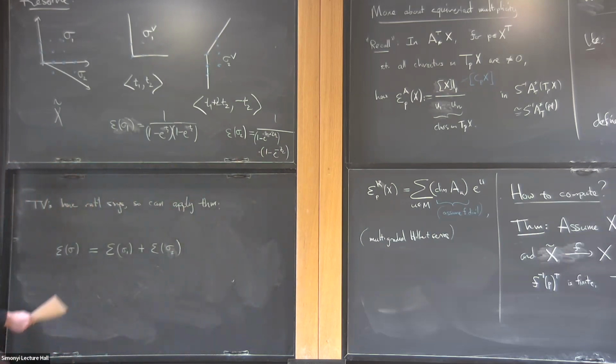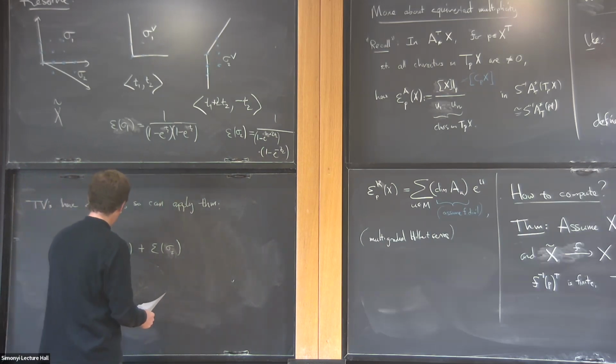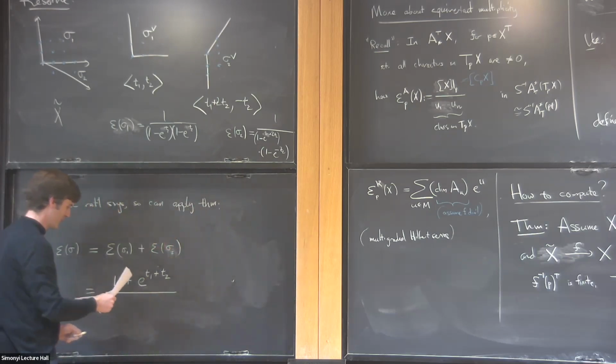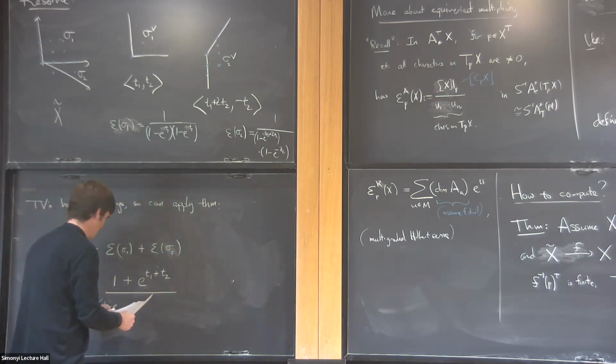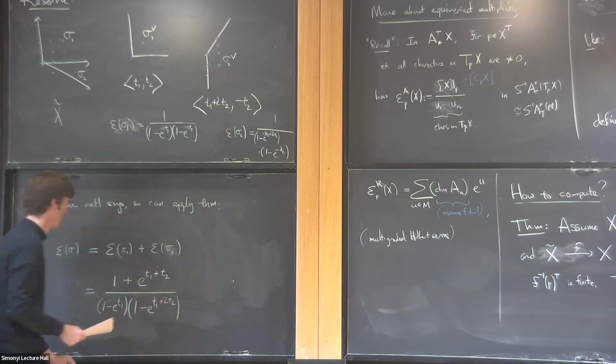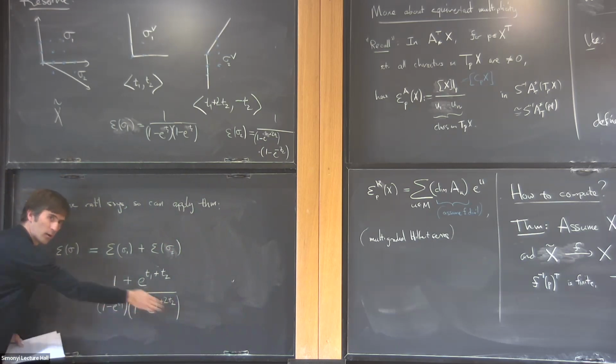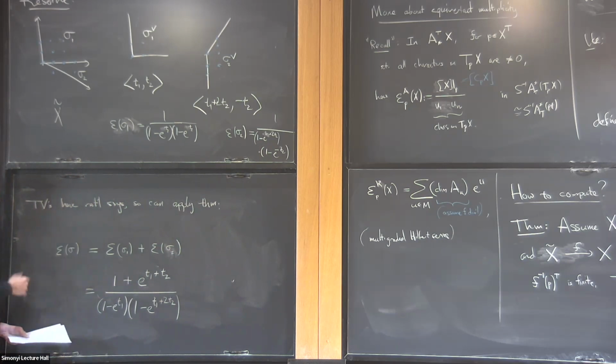You can either try to work that out by hand, or ask computer algebra to do it for you, or you can have done the exercise and done it the easy way in this case. But here's what you get. And the fact that this is not of the form 1 over some product of characters is a manifestation of the fact that this is the standard